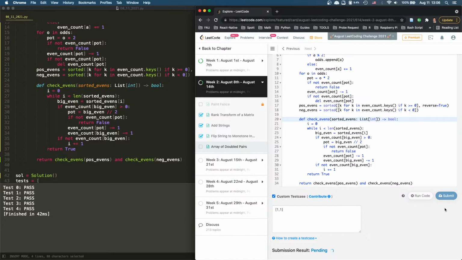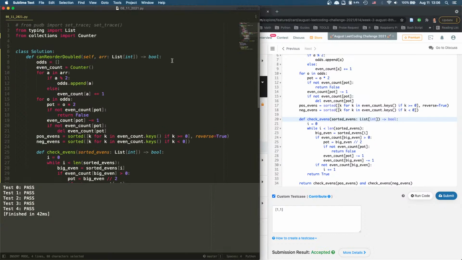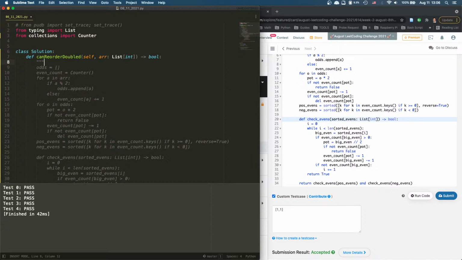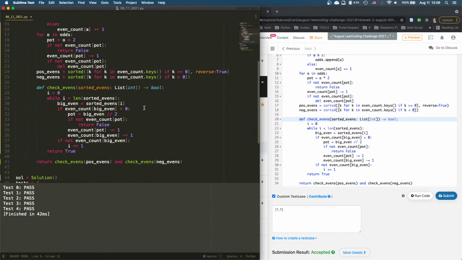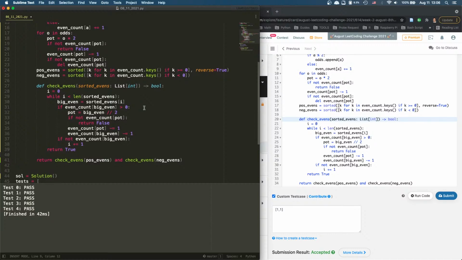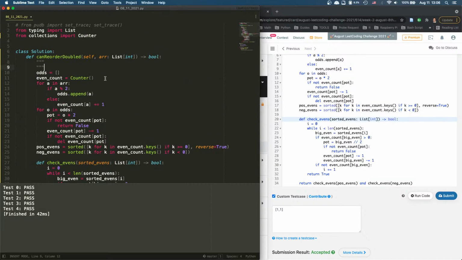Pending, judging, accepted. Okay, yeah, this one is not too bad, but I got a little bit of a mishap here because I thought the positive evens and negative evens include every single one, but no, we're taking all the keys. Right, we're taking all the keys, so that's not how it is supposed to be. Anyway, so